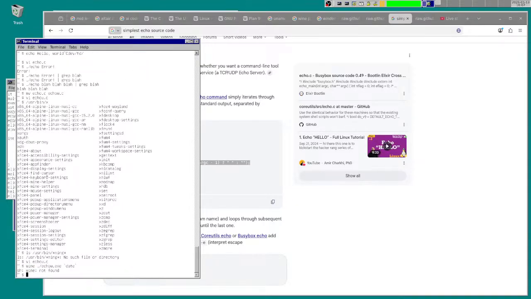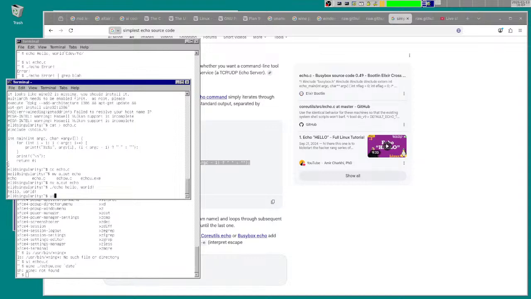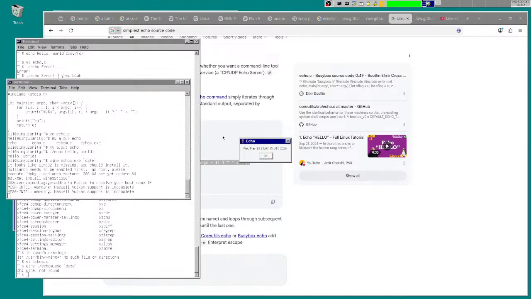Oh, I'm in the wrong window here. Could make it print the date and time, or something like that.